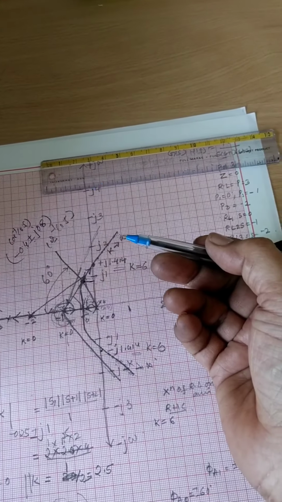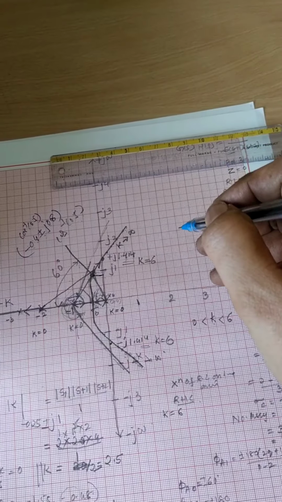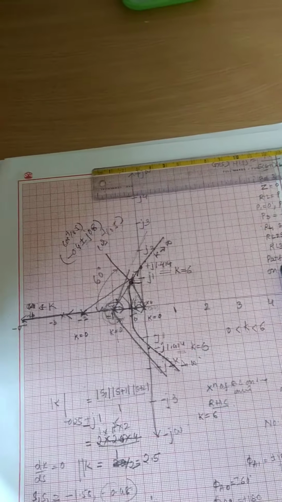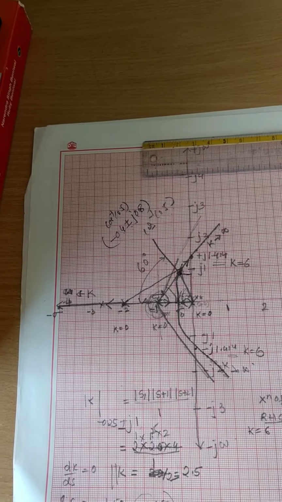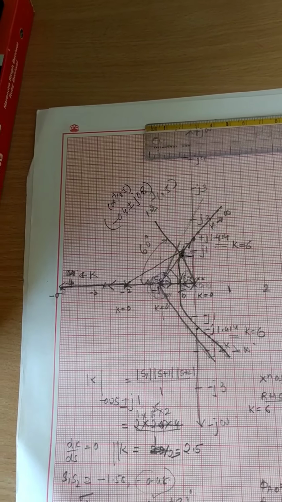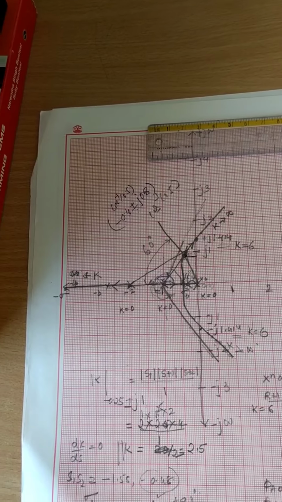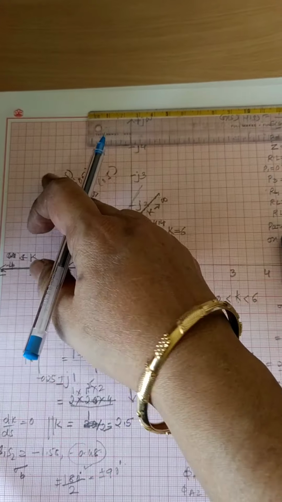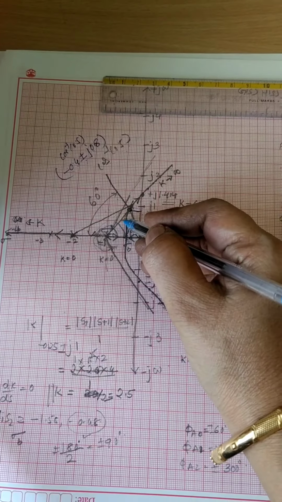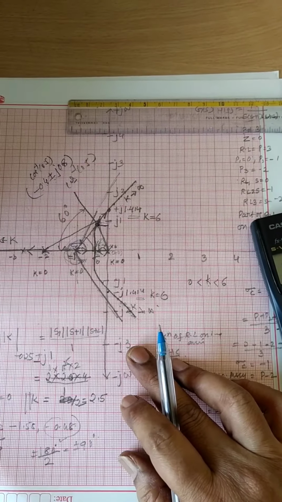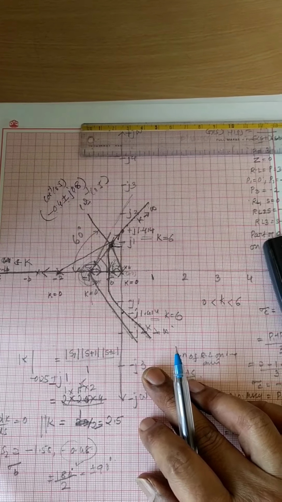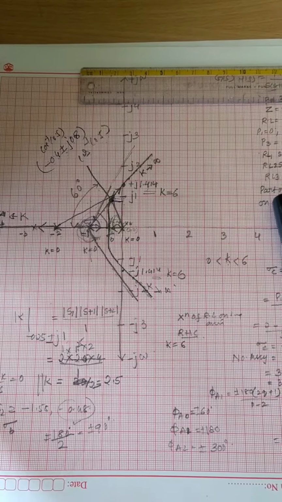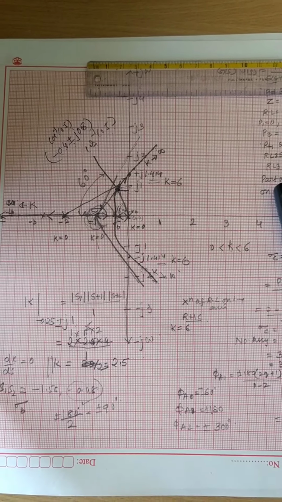So if they give zeta equal to 0.8, you have to take cos inverse of 0.8. Whatever angle you get, you have to plot. Maybe cos inverse of 0.8 is around 37 degrees. So you can plot it 37 degrees from here. The intersection of that line with the root locus will give you the dominant roots at 0.8. Okay, so this is how we will be plotting the root locus. Okay, so here I will end.